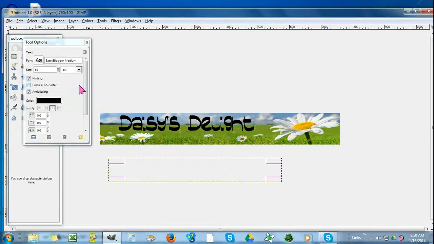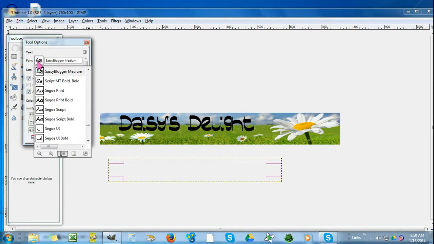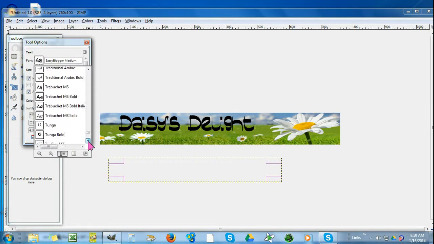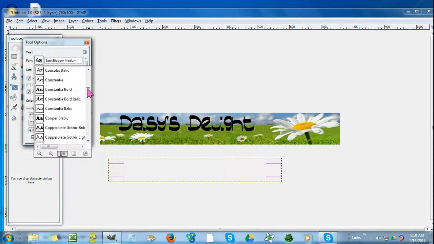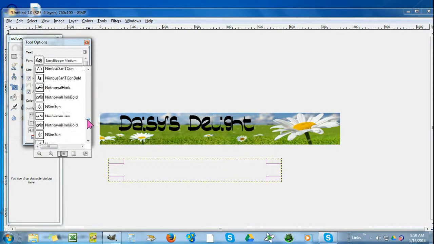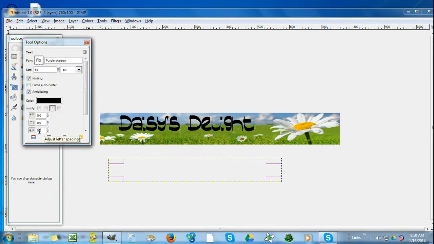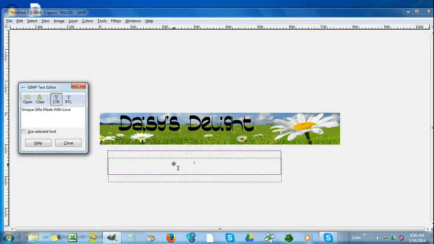I'm going to X out. I'm going to also change my font again. Again, I'm using a font that may or may not be on your Gimp software. But you can always add fonts to the Gimp software. Let's see, which one do I like? They have an awful lot. Here's what I'm looking for. And I'll move it up so you can see it. If I just click on it,